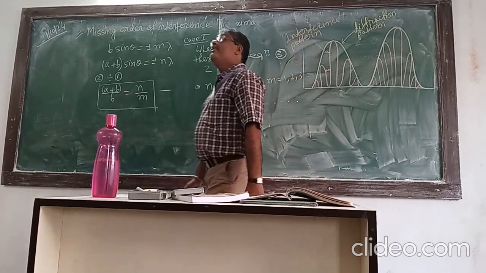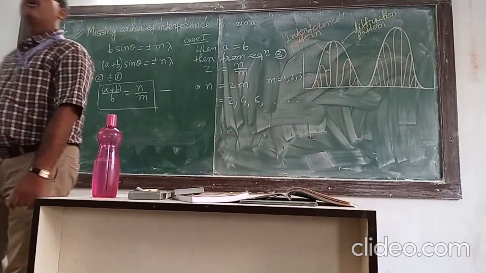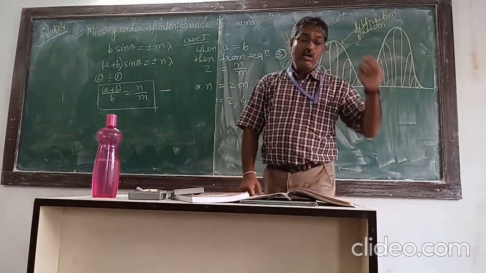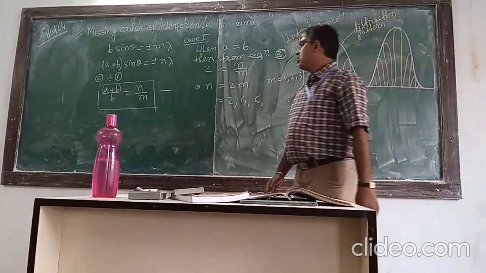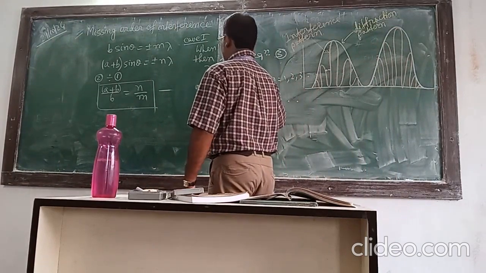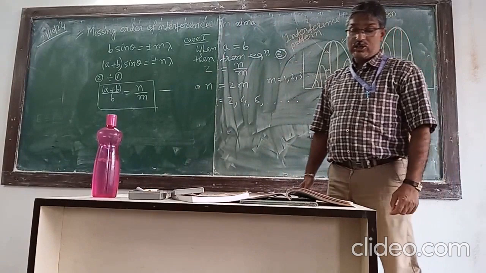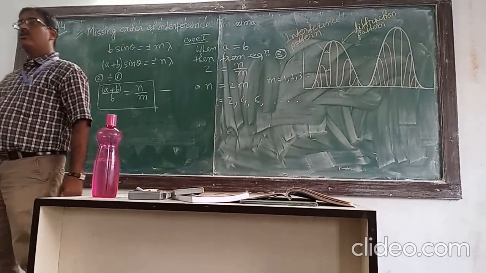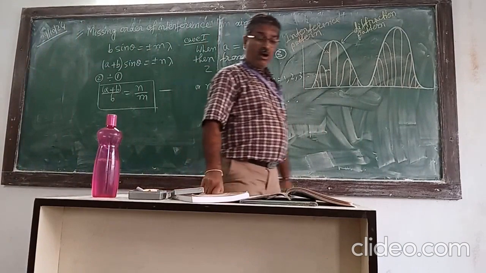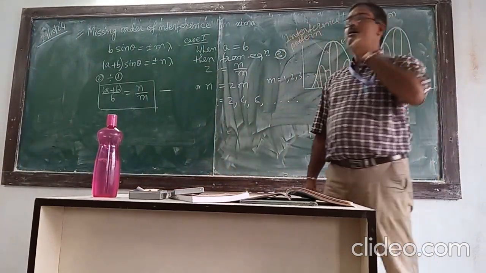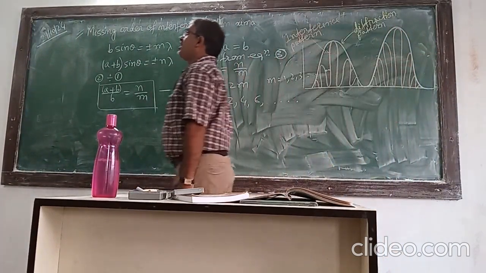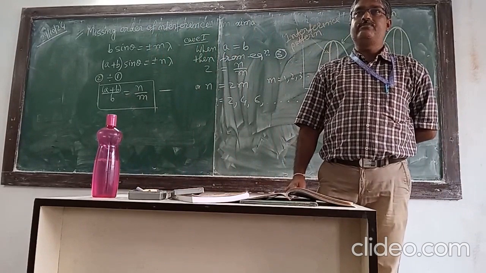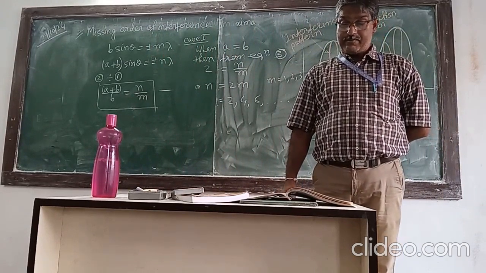These maxima will be missing when A equals B. So the second, fourth, sixth order interference maxima will be absent